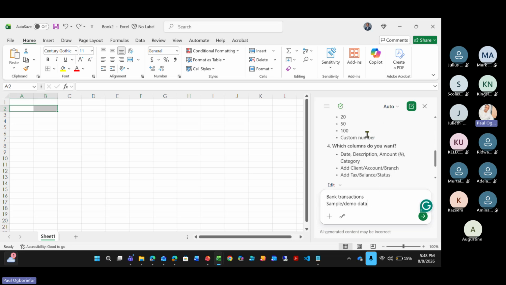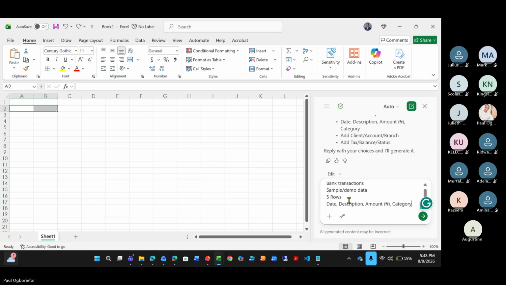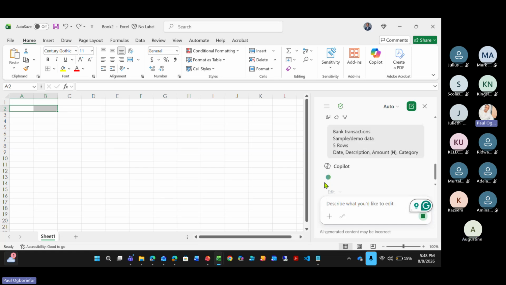How many rows? Ten rows, don't do, right? Or five rows. Which number do you want? Date, description, amount, and category. Yes, this is good. Now reply with your choice and I'll generate it. If I send,